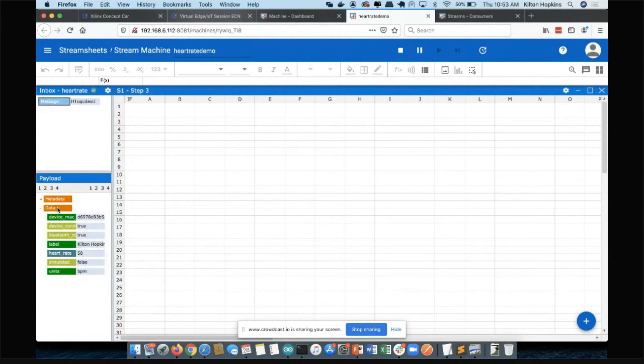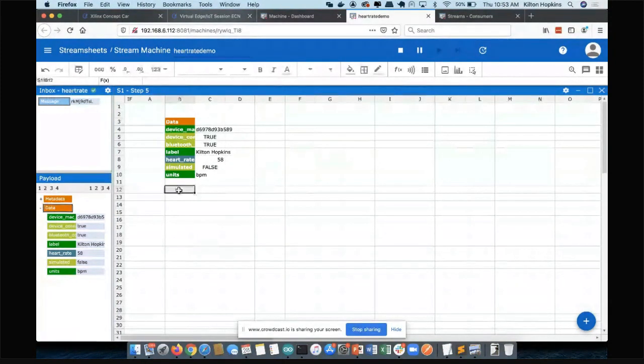So now in Streamsheets world, all I need to do is grab the data and drag it onto the sheet to start working with it. So this is going to dynamically update with heart rate data as it flows into the Streamsheet system. And now I'm going to start working with it immediately. And I know this is fast, but the whole point of this session is to show you the amazing stuff happening at the edge with ioFog and Streamsheets so that you can get jealous and want to work with it yourself. So I'm going to give this a title, and I'm going to call this evaluation, or actually let me call this